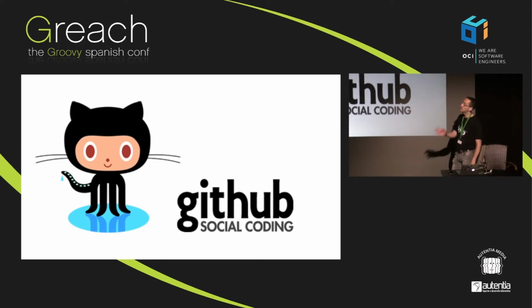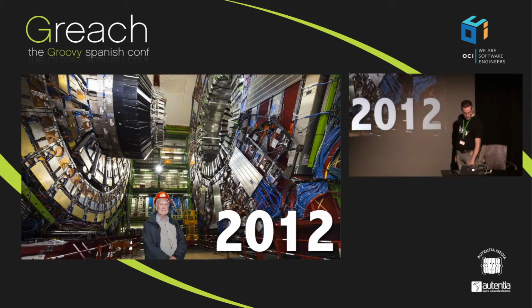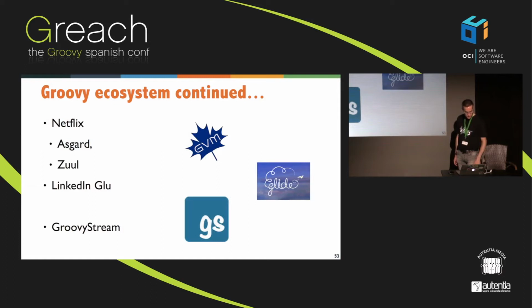So we had moved off of SVN to use Git at Codehaus, but then to collaborate with people, that wasn't all that great, and the collaboration features of GitHub are really, really awesome. So we decided to move to GitHub. The Higgs boson. Yeah, some more additions,